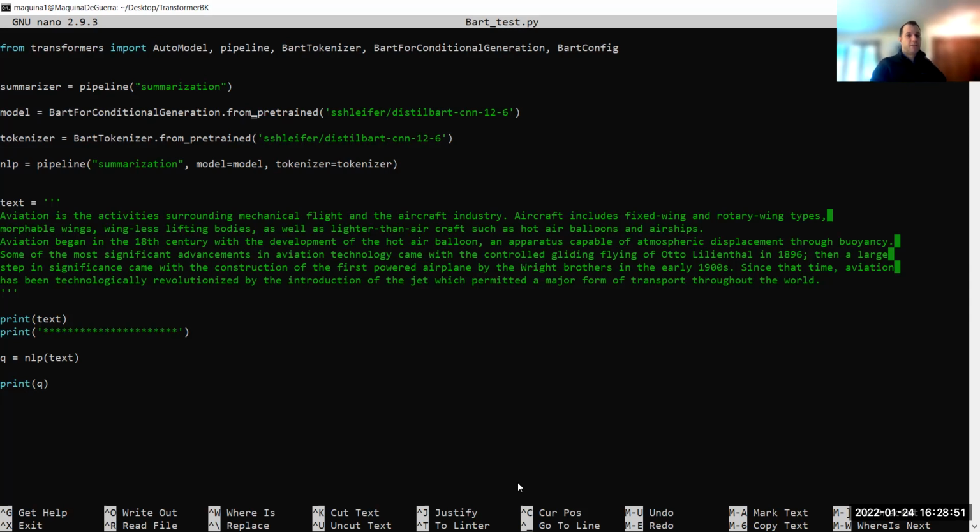Notice from_pretrained. So when you say this, notice now we're making a reference to the hub at Huggingface. So this says sshleifer/distilbart-cnn-12-6. So basically, it's a CNN DistilBART model from this organization. We also need a tokenizer because we need to have a way of converting the words into encoded values, okay?